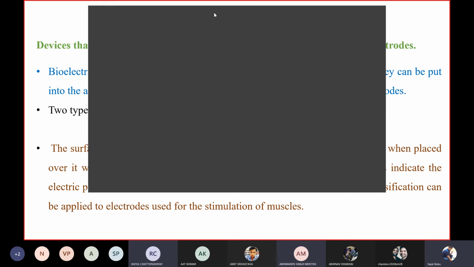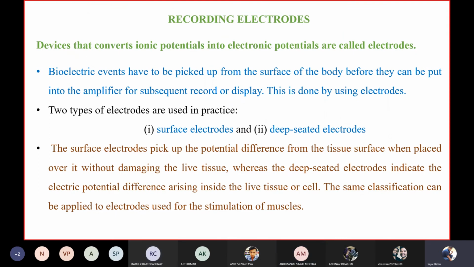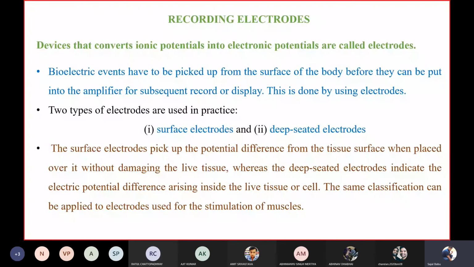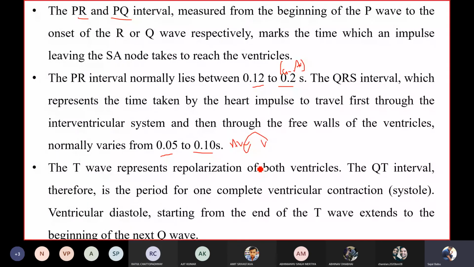अच्छा, तो सर बट टी वेव भी तो रिपोलराइजेशन ही शो कर रहा है। तो वो गलती से यहाँ टेक्स्ट लिखा होगा, एक्चुअली यहाँ रिपोलराइजेशन है। एक्चुअली टी वेव के समय क्या हो रहा है कि ड्यूरिंग द टी वेव द वेंट्रिकल्स आर गेटिंग कॉन्ट्रैक्टेड। ओके, टी वेव के समय वेंट्रिकल्स गेटिंग कॉन्ट्रैक्टेड।